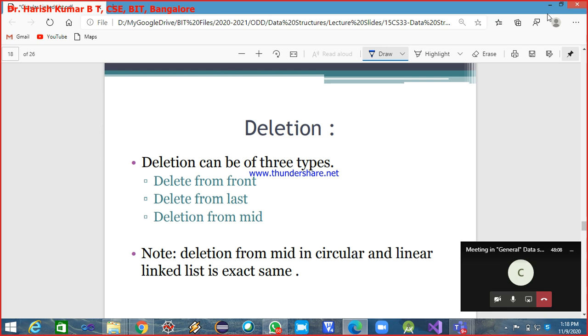And in the third module, you have to study the circular singly linked list, which I covered today. But the doubly linked list is not there, because when I had a discussion with the other faculty members, I think they have not completed the doubly linked list fully. So you have till the circular singly linked list. Any doubts with respect to the portions of the second test or the syllabus of the second test?